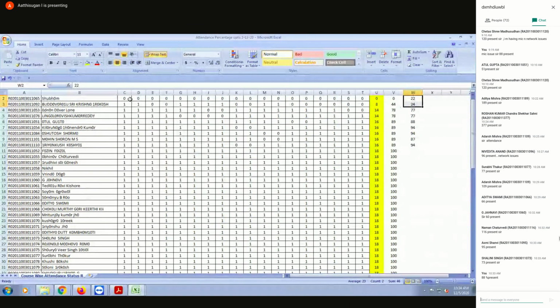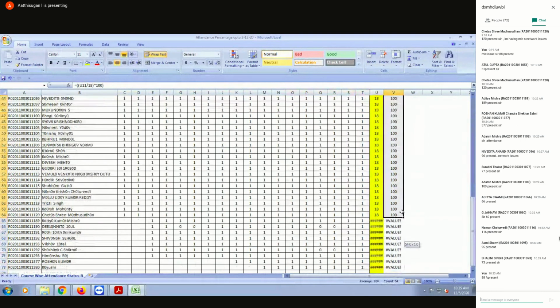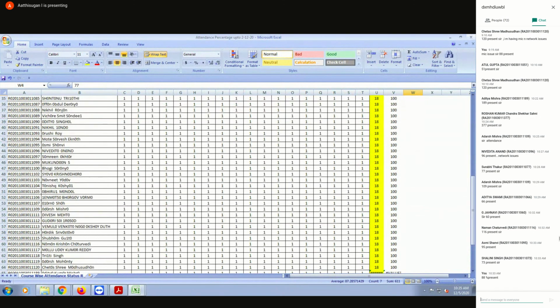Shubham, you didn't attend a single theory class. We completed with the help of friends, okay, no problem. But attendance is mandatory, not only for Shubham, all the people. Kindly see, these people are already maintaining 100% attendance. In theory class, there is the first class, and you have mentioned the lab also. So this is only for theory, and this includes theory and lab. Attendance will be calculated including theory and lab, as per your ERP. So kindly attend all the classes without fail.